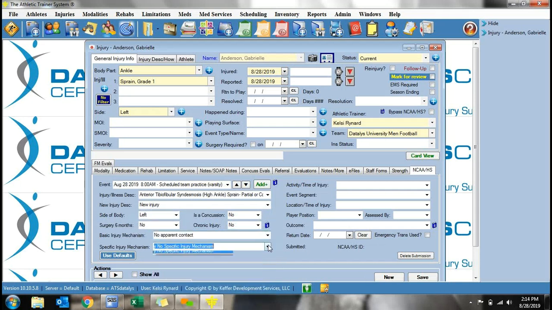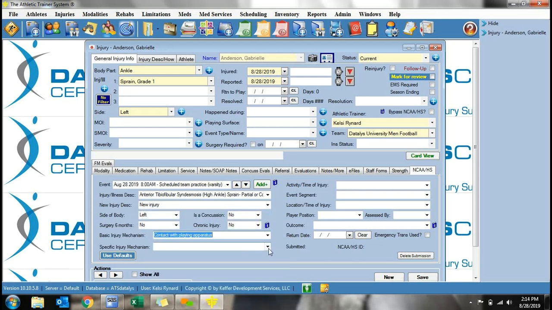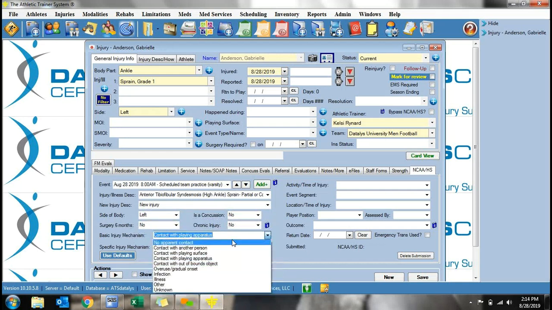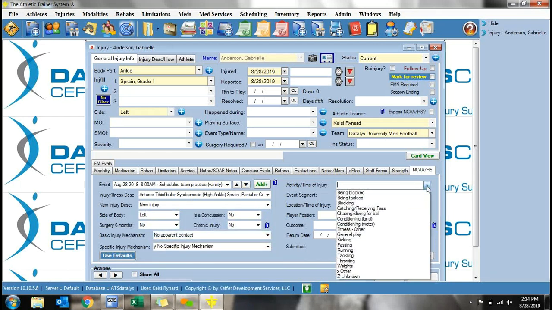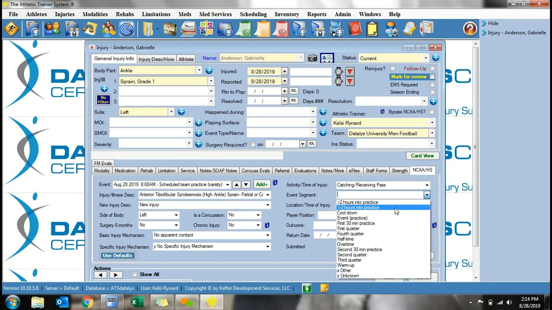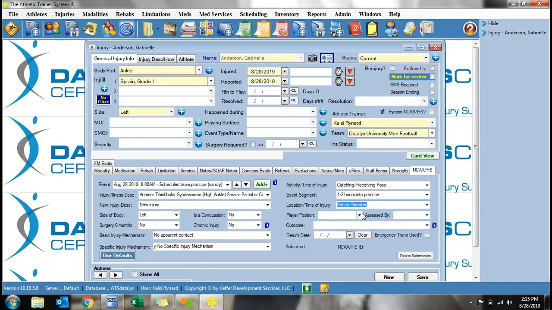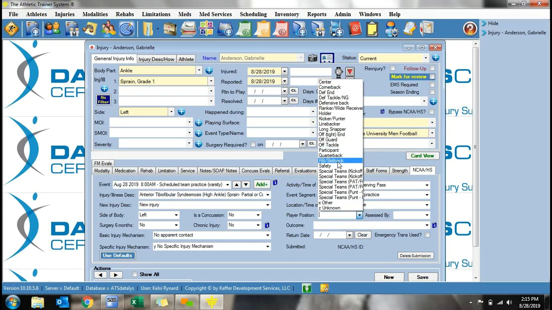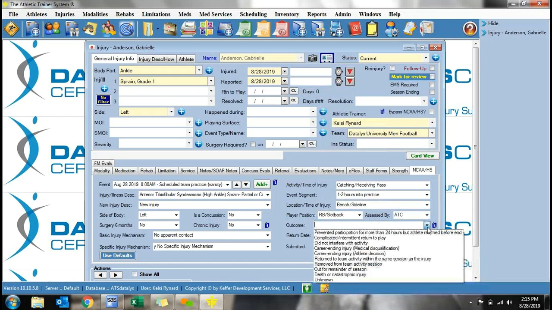They're all going to have information. So for example, basic injury mechanism, if I selected contact with playing apparatus, I'm going to have different options than if I select no apparent contact. Activity at the time of injury, event segment, location on the field, player position, who they were assessed by,